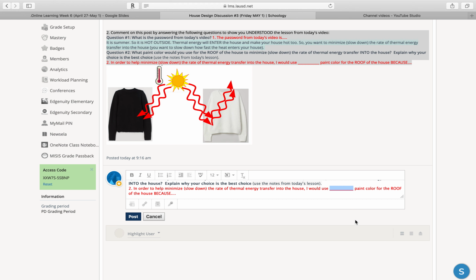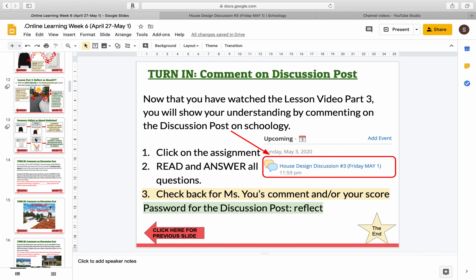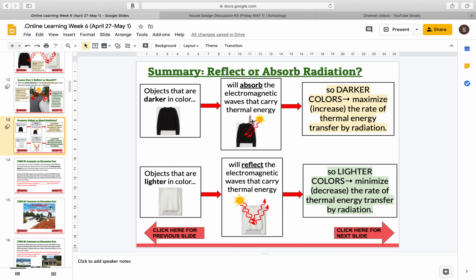I would use blank paint color. What paint color would you use? I'm not going to tell you, you choose, and make sure you explain properly. If you don't know how to explain, then go back to this slide right here that explains which color is best. Alright,